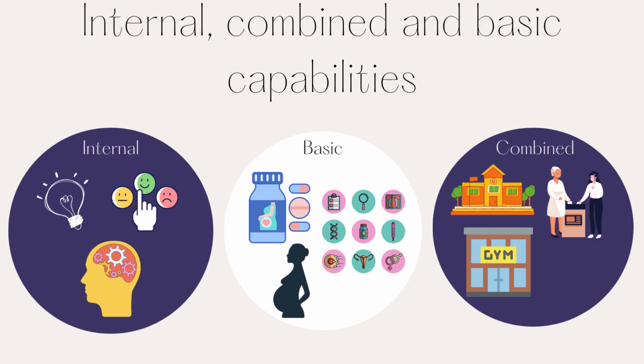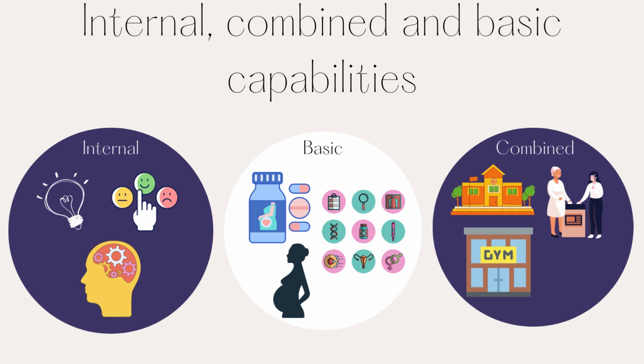Now, dissecting Nussbaum's capability approach, we look into three different categories: internal, combined, and basic capabilities. First, looking at internal capabilities, Nussbaum refers to these as the trained or developed traits or abilities that have been developed within the interactions of social, economic, political, and familial environments. These are the fluid and dynamic states of a person, such as their personality, intelligence, emotional capabilities, health, and bodily fitness. Now, a person might have these internal capabilities, such as the freedom of speech, but may not be able to act on them due to societal restrictions, such as not having the freedom of speech, but having the education of these rights.